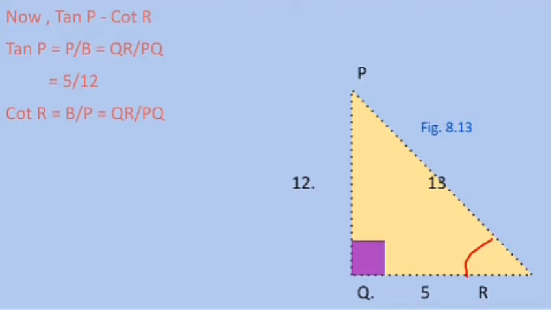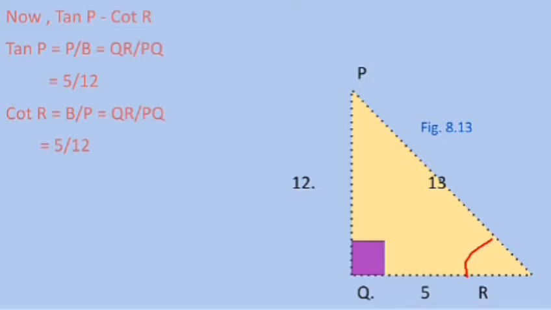So finding the value of cot R is based upon perpendicular and base. In the case of angle R, the base is going to be QR, and the perpendicular is going to be PQ, because PQ is the only side opposite to angle R and QR is the only side adjacent to the given angle R. Therefore substituting the values of both, we get 5 by 12, or you can say 5 divided by 12. So class, we now have both the values of tan P and cot R.